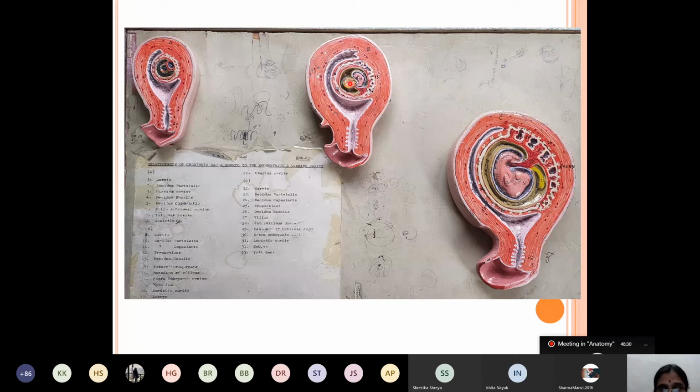Here you can see folding of the embryo, and the embryo is incorporating inside the amniotic cavity. This is the umbilical cord. In addition, there is an incorporation of the yolk sac into the embryo, forming the gut tube. My dear student, here you can see maturation of chorionic villi into chorion frondosum. This chorion frondosum gives rise to the fetal part of the placenta. And this is the decidua basalis, which gives rise to the maternal part of the placenta.